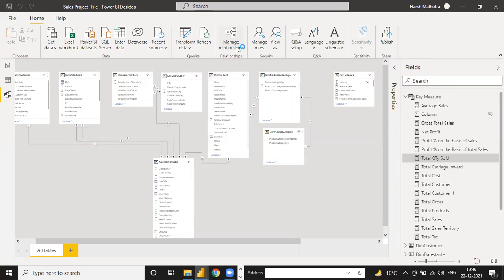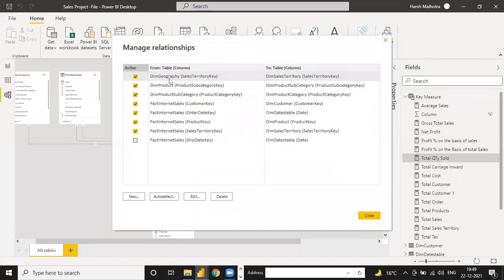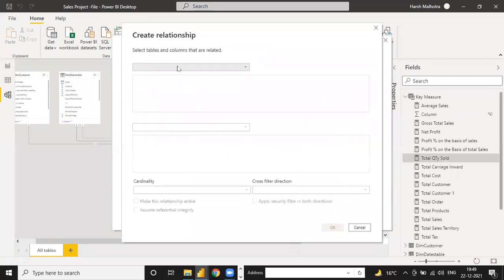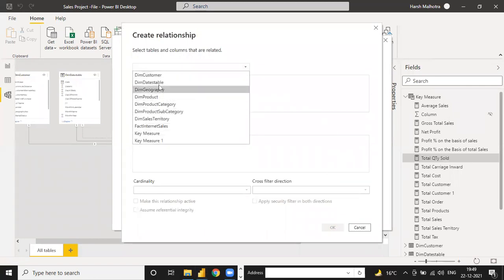Manage relationship. Name geographical to sales territory, product. Where is date key? Date table. If you add new one, then date key.